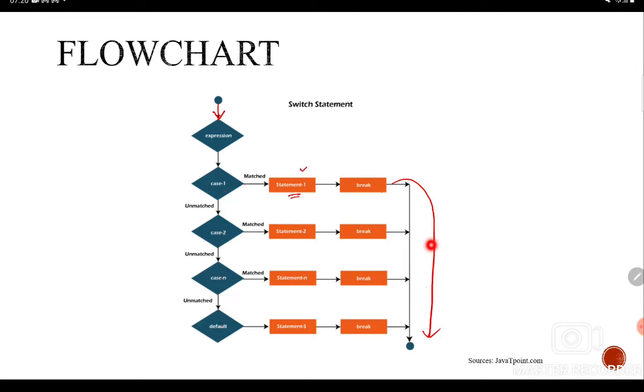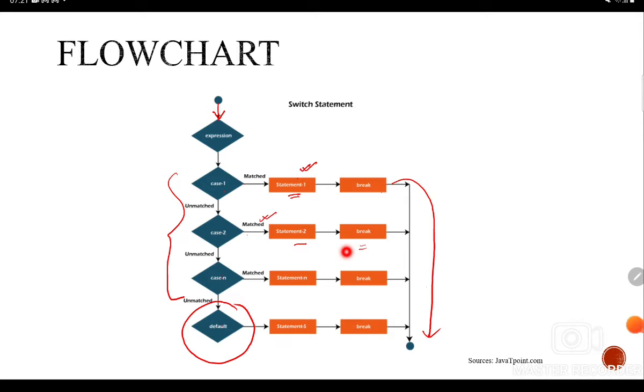If this condition is not true, then it will check for the next condition. If it is matched, then statement 2 would be executed, and it will come out of the switch block because I have used break here. Now suppose none of the cases match, then the default would be executed.